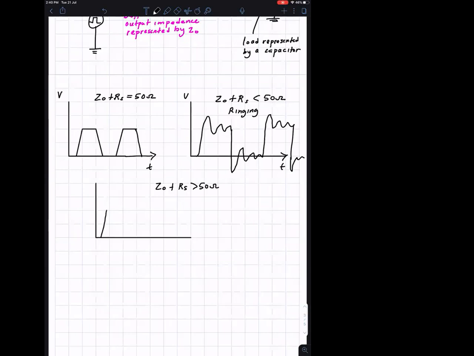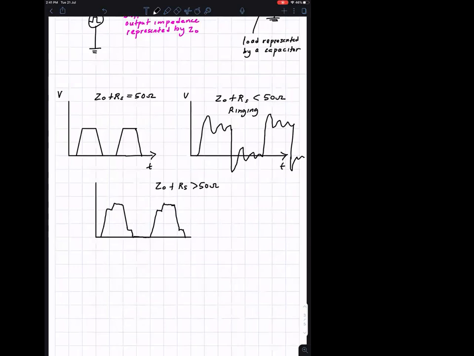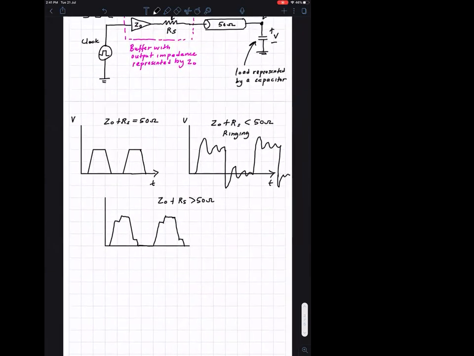It's going to go up like this, and then you get a little step here. Then it's going to come down. Then again, there's going to be a little step. And the same, it's going to repeat. Go up here, and then you get a little step. So again, the signal integrity engineer knows if the impedance is much larger than the characteristic impedance of the transmission line, he's going to get this signal right here.